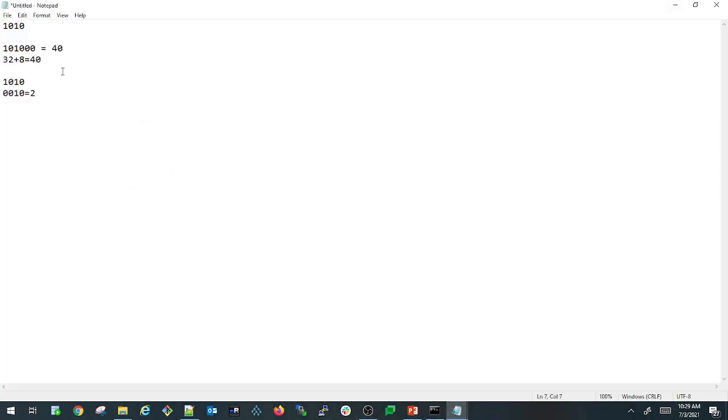The same applies for the zero fill right shift operator. There is no difference at all if you perform a zero fill right shift operator or a right shift operator on any positive value. But if you perform the zero fill right shift operator on any negative number, it doesn't preserve the sign bit, whereas the right shift operator will preserve the sign bit. So that is the main difference between the two.